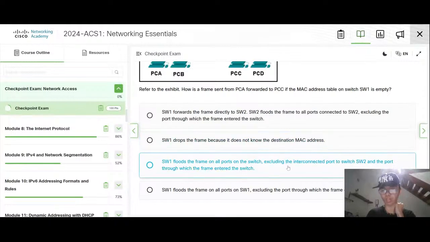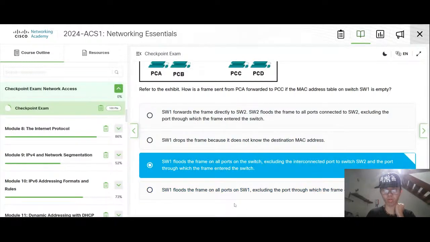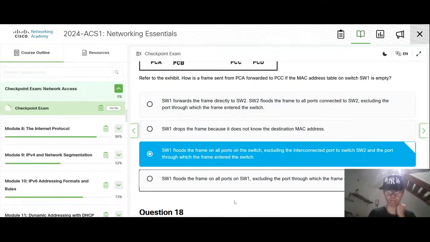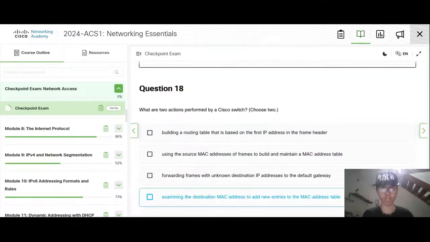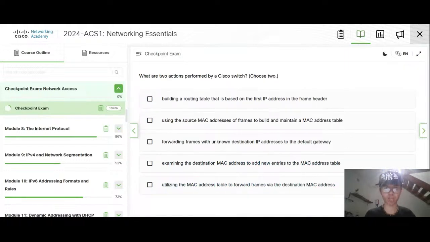The switch is cloning the Ethernet port to switch two. I think this one is correct, much more correct. But the actions performed by a Cisco switch will be, you maintain